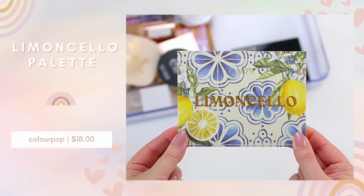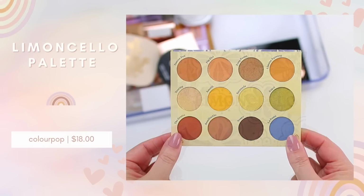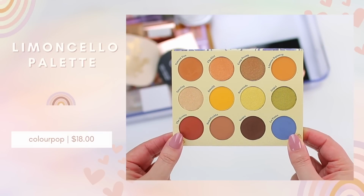So the first one I'm decluttering is the Limoncello palette. I think the packaging is so gorgeous, and it is a nice neutral palette, but I have so many neutral palettes in my collection, so I just don't feel like I need to keep this one as well. I feel like, again, someone who has a smaller collection might be able to get more use out of it than I do,